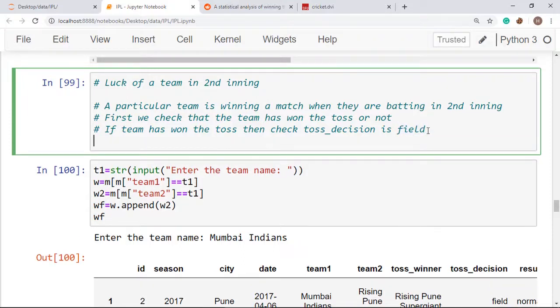Keep it as result 1. After that, if the team has lost the toss, meaning the team has not won the toss, then check the toss decision. If the other team has won the toss, check whether the toss decision is bat or not. If the other team has opted to bat first, in that condition only, the team chosen by you has fielded first.